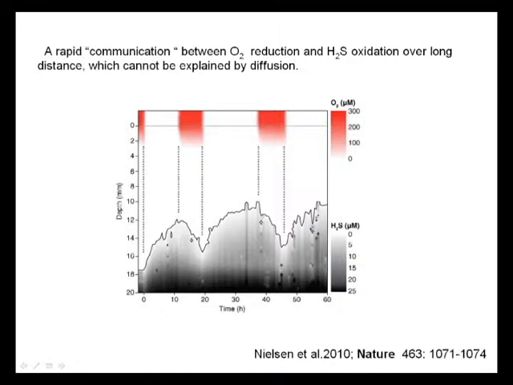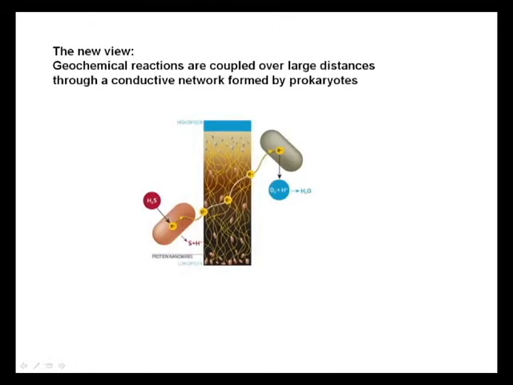And therefore, we come to the conclusion that there must be some kind of instant connection between the oxygen and the sulfide, and we propose this mechanism in which microorganisms form a kind of network where they can exchange electrons over long distance. That means that bacteria that have access to the sulfide can oxidize this sulfide to sulfate, and the electrons they can send through a network to the organism that has access to oxygen, and that organism can use this to reduce oxygen, and both organisms can generate energy.